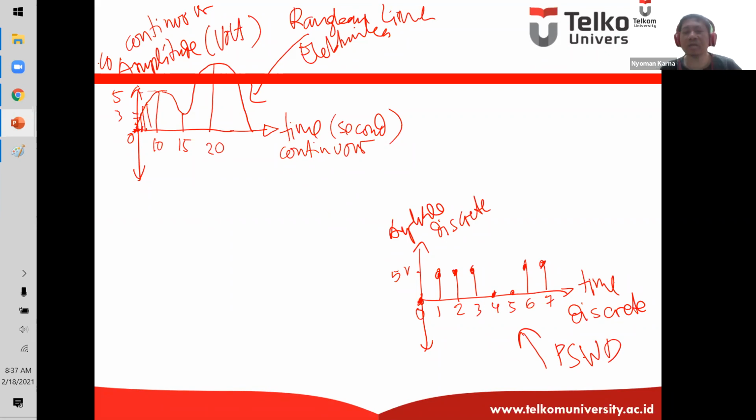We're going to discuss about what is correlation, what is convolution, what is autocorrelation, what is autoconvolution. It's just mathematics.